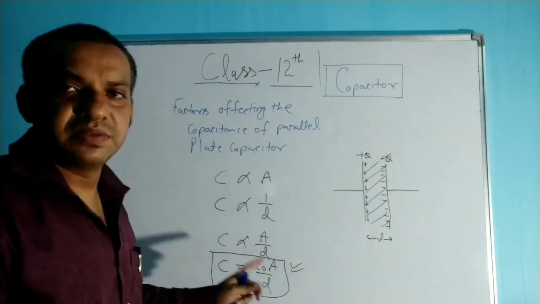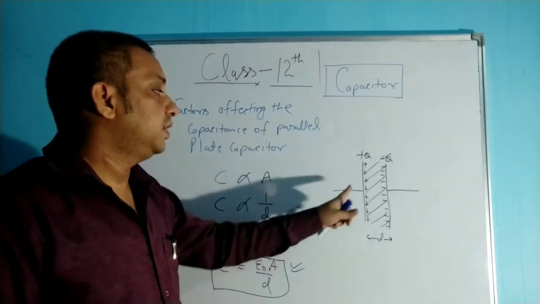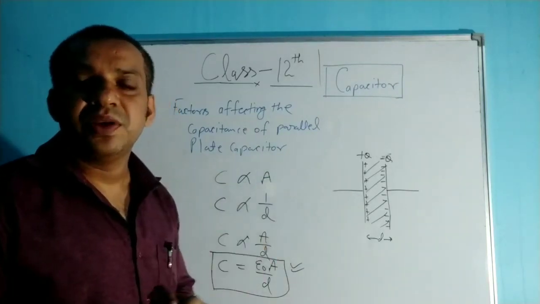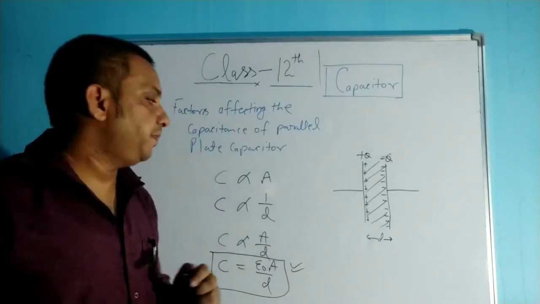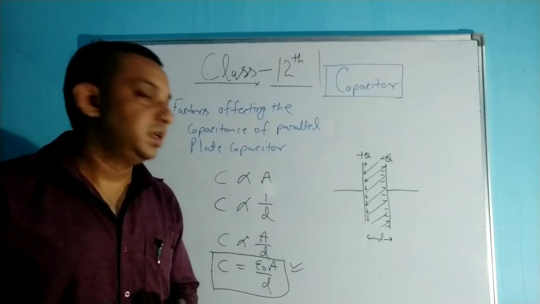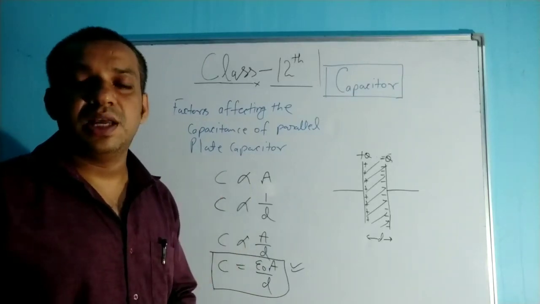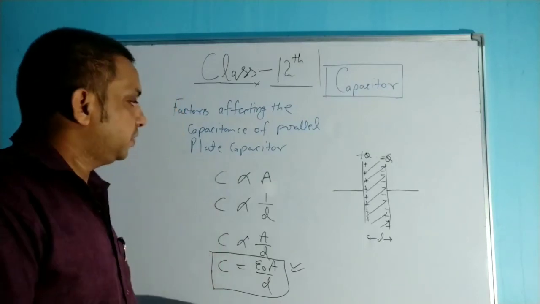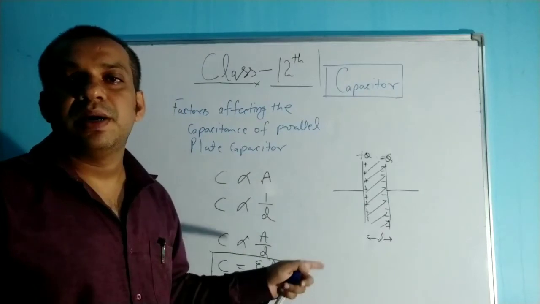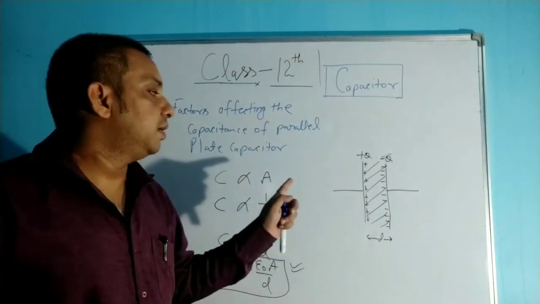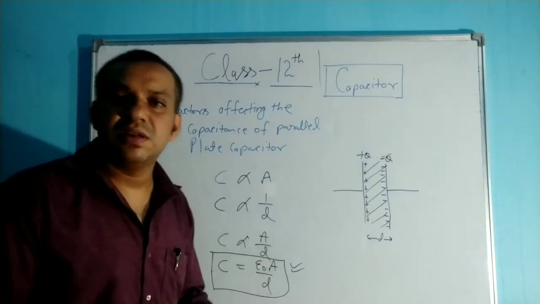We will also derive this formula with the help of the electric field of the thin sheet. Already we have derived it in our application of Gauss law video. So you should go through that video, where we derived the electric field due to the thin sheet with the help of Gauss law. In the next video we will discuss the derivation of the capacity of the parallel plate capacitor, and we will again derive this formula. So it's a simple, general briefing.